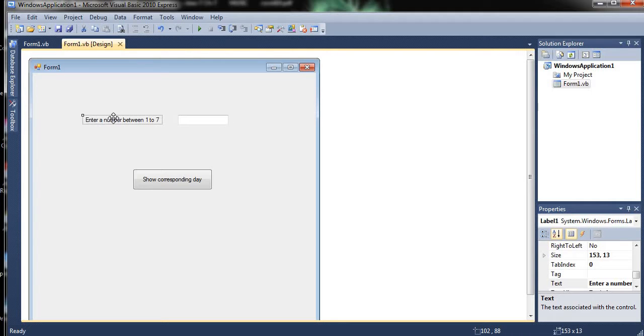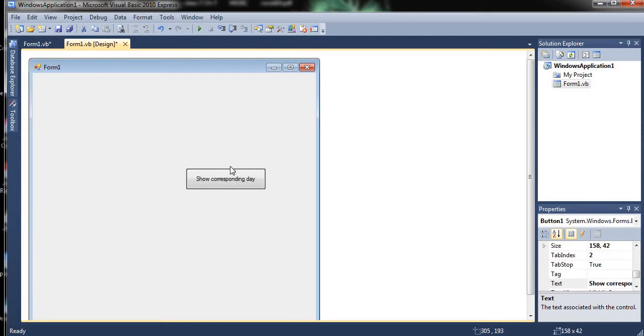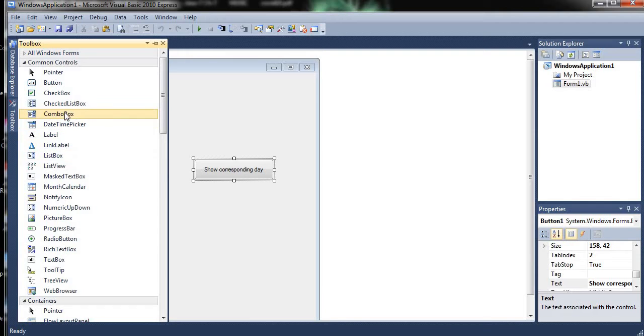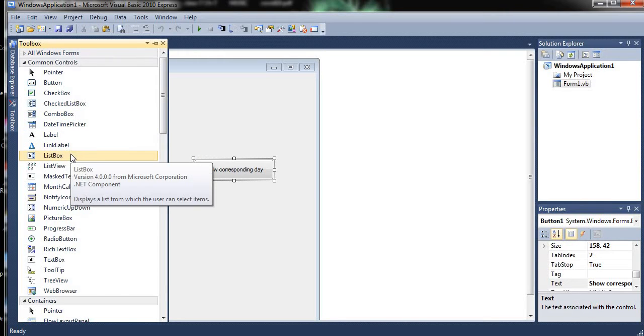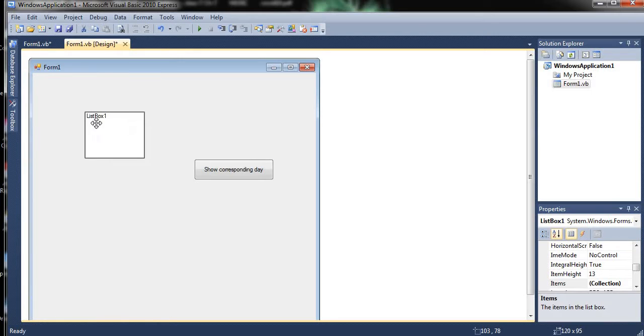So for this, what I'm doing here, let me delete this also, and here I am taking one button, which we already have, and one list box also, right? So this is the list box.